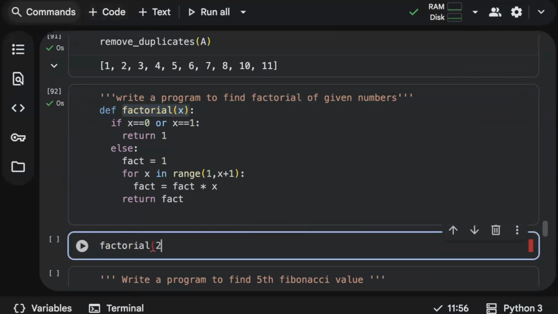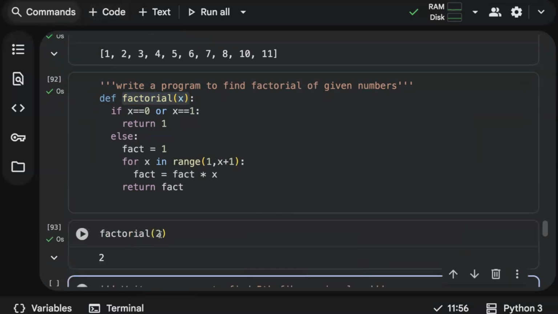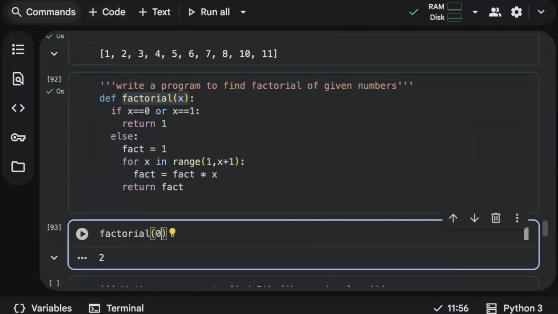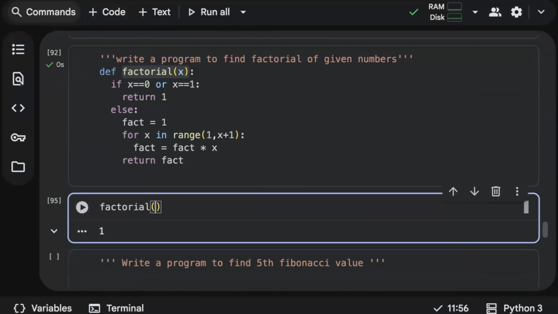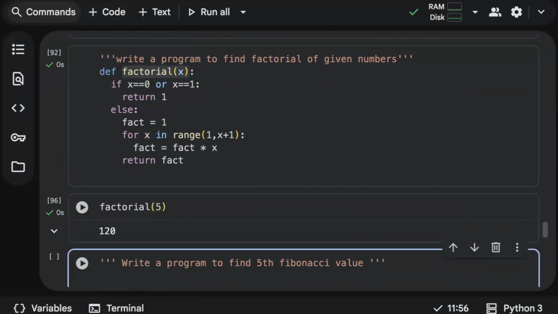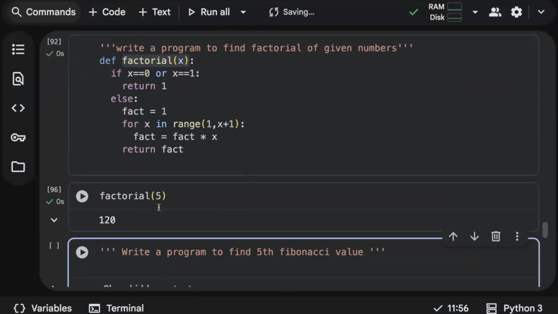Okay, great. So now let me call the factorial function. I'll just call factorial of 2. See, it gives you 2. Factorial of 0 is 1, factorial of 1 is also 1, and factorial of 5 will give you 120. 5 times 4 times 3 times 2 times 1, which is 120. Clear? The same question was solved earlier with a for loop. The same question I'm just putting under a custom function. That's it. And we can keep calling our function whenever we want, and we can pass different inputs.